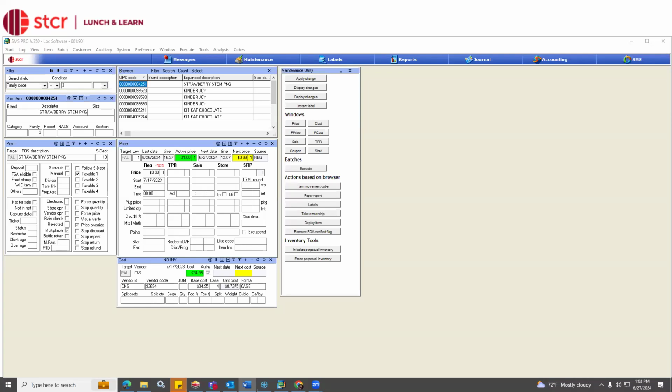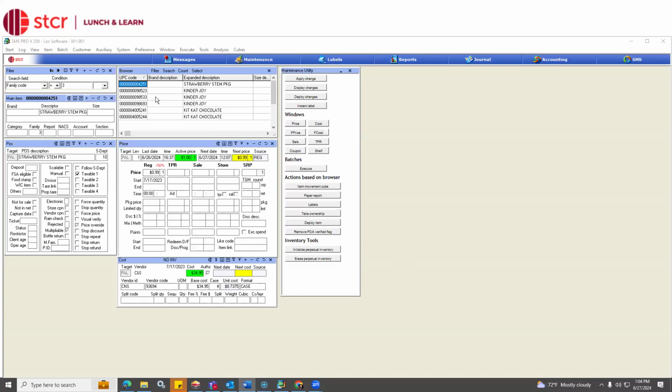So what I'm going to be focusing on for this webinar is, like I said, item maintenance best practices, and it's going to be ways to help enhance your item maintenance, make it more efficient, as well as utilizing some tools in SMS to make sure that the database integrity is still good after making all these maintenance changes. So I'm going to start with going over like codes and mix and match codes, usage of alternate codes, and mass product updates. And then the last thing will be the item validity check, which is the way to check the database integrity. So to start with, I'm going to start in SMS Pro, and I'm going to start with